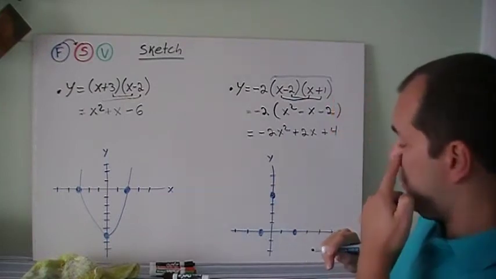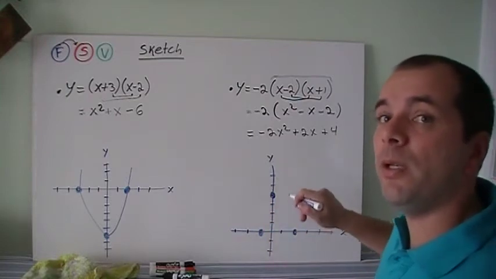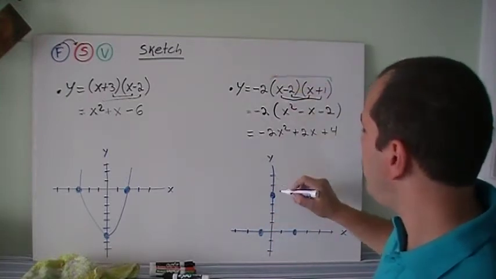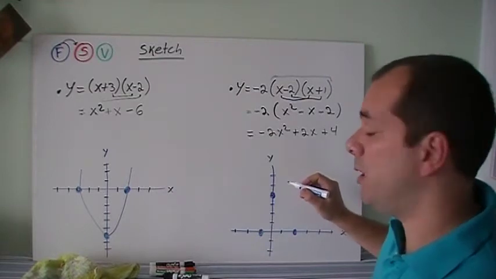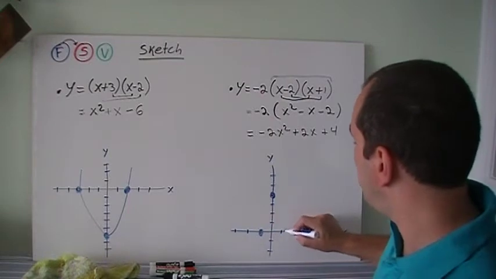Which means it's over there. And that makes sense because it will make this open down, like we had expected. So we don't know where the vertex is, and that's a problem. But just to get a sketch, I guess we can get from this is 1, from this is